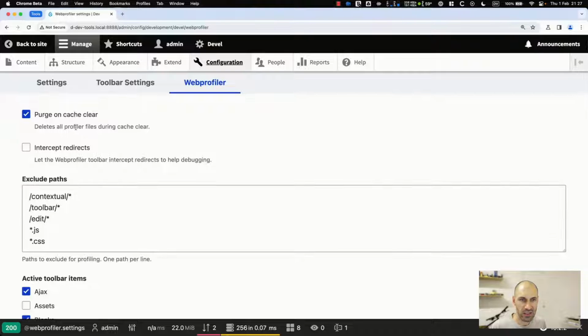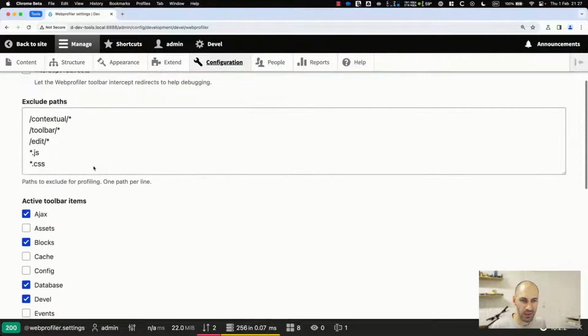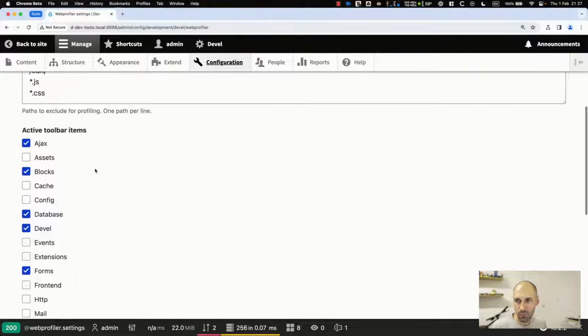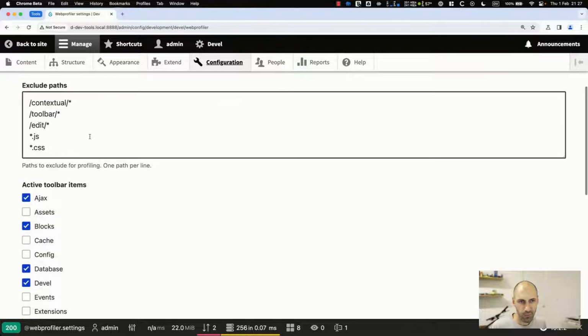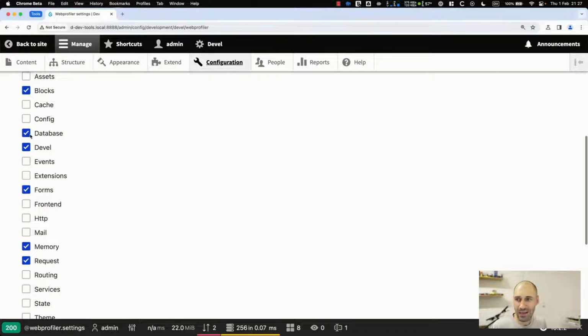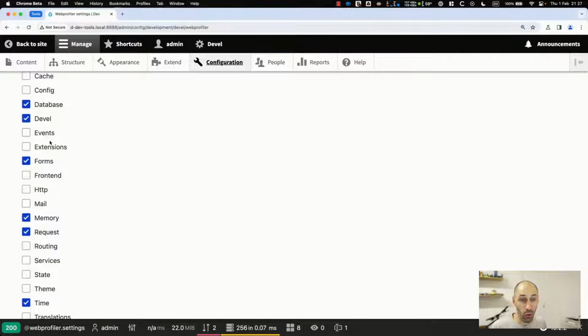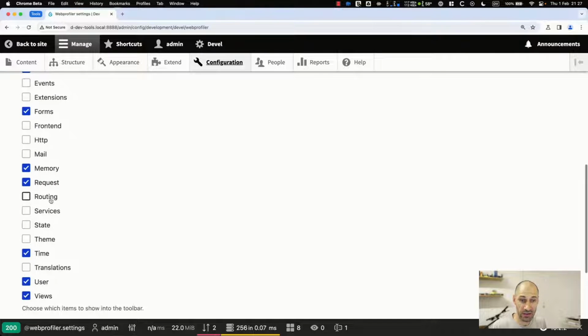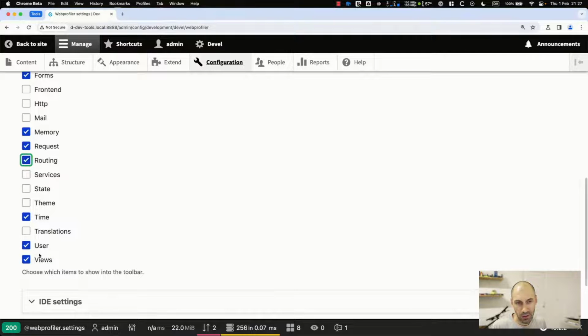And then here you can see all of the settings for the toolbar. So you can control the active toolbar, and you can actually turn on or off extra things such as the routing, theme, services,